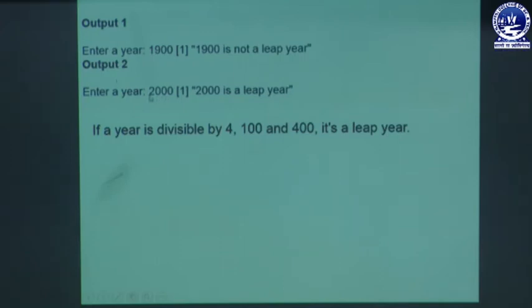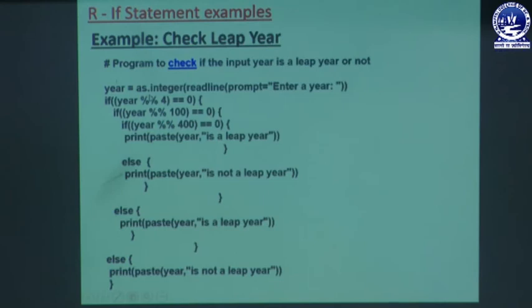Then how will it be executed? First it will check with 4, that means 2000 modulo 4 equals 0, yes it is true. Then it will go inside the if body. Then here modulus 100 equals 0, yes it is true, that means 2000 is divisible by 100, yes it is true. Then it will go for this statement's body,